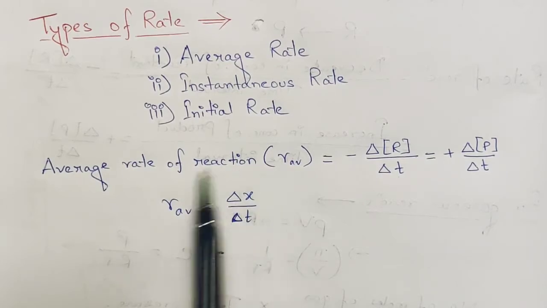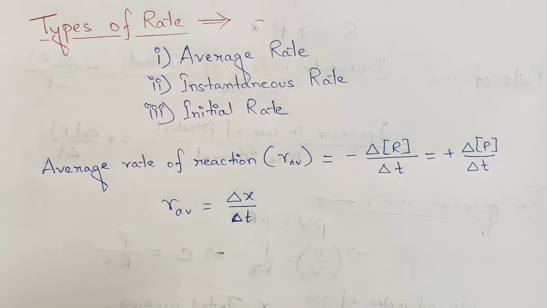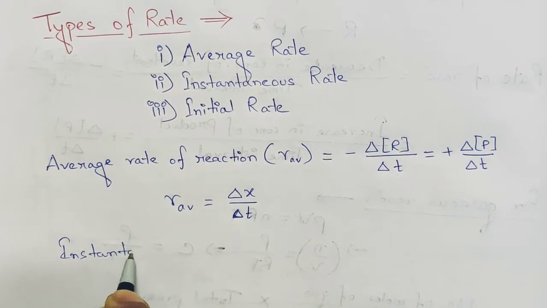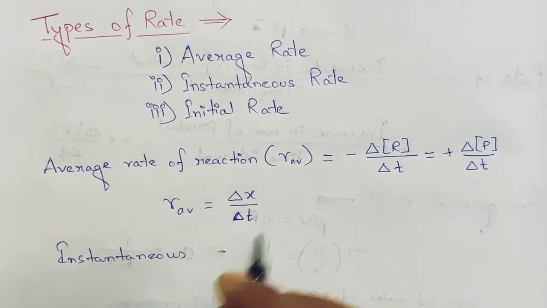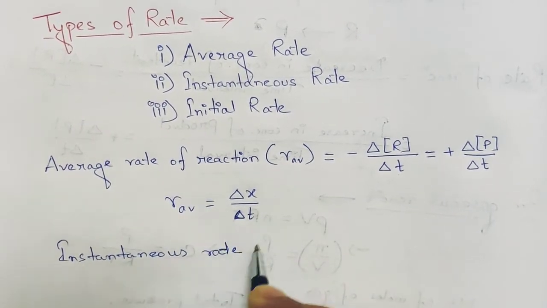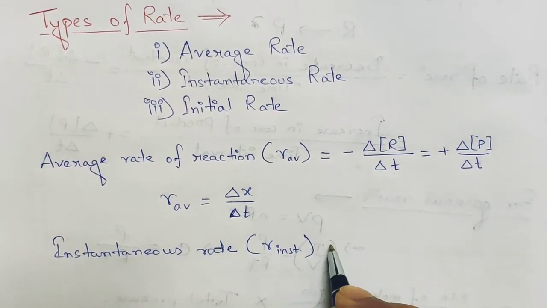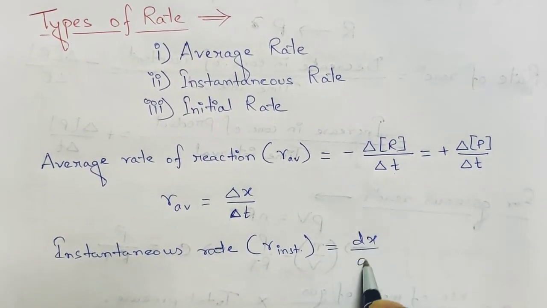Average means the overall change throughout, but in case of the instantaneous rate, we find the rate of reaction at a particular instant of time. So in case of the instantaneous rate, we can write R instantaneous,